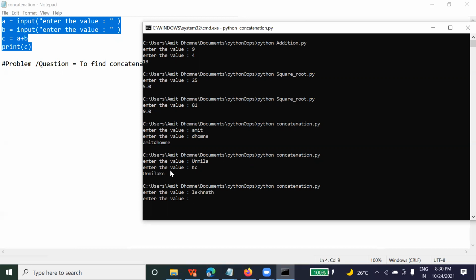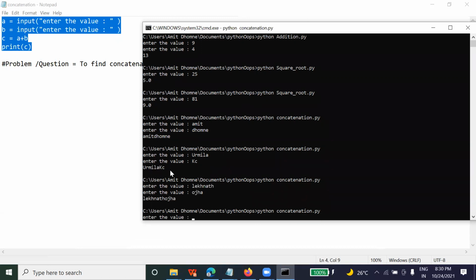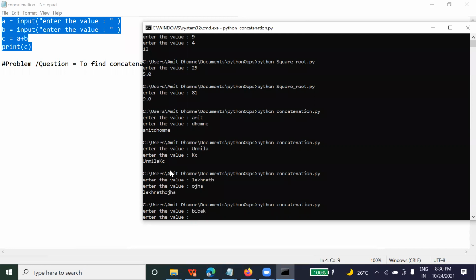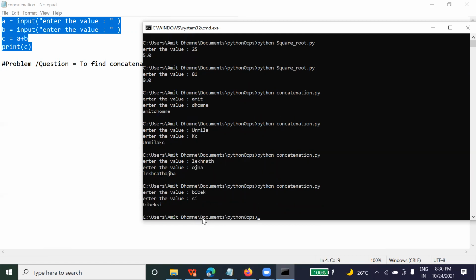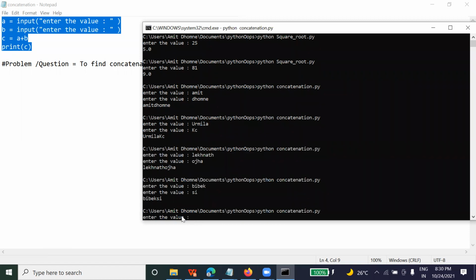Let me rerun it. Vivek, your last name? Sivakoti. Okay, is it fine? See here, right? It's working. Similarly, for Nirmala Dahal, right?